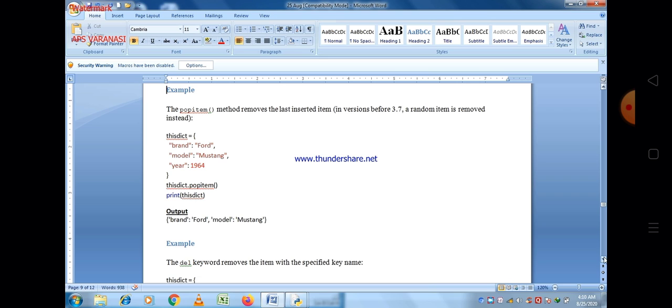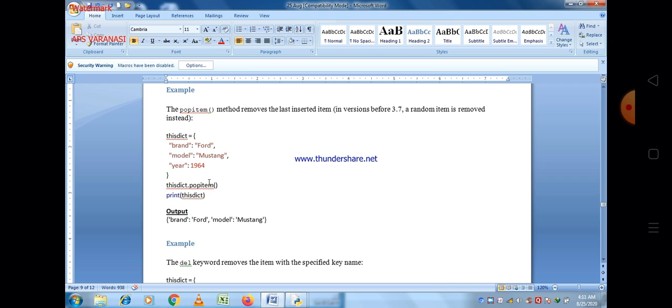Here we just use 3.3, so any arbitrary item will be deleted in that case. But when you use Python 3.7, then it removes only the last item.